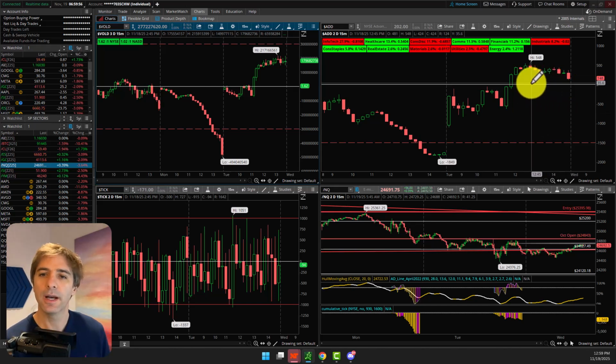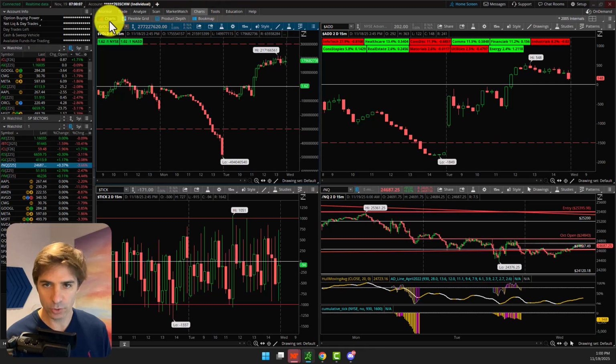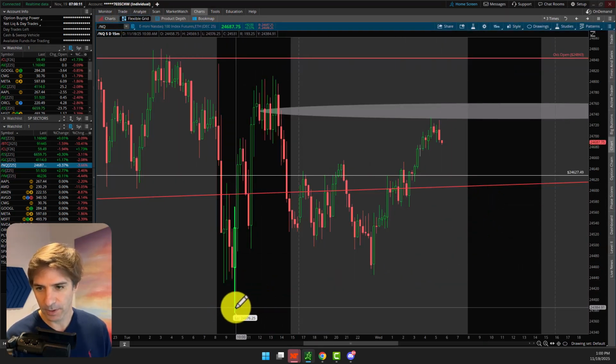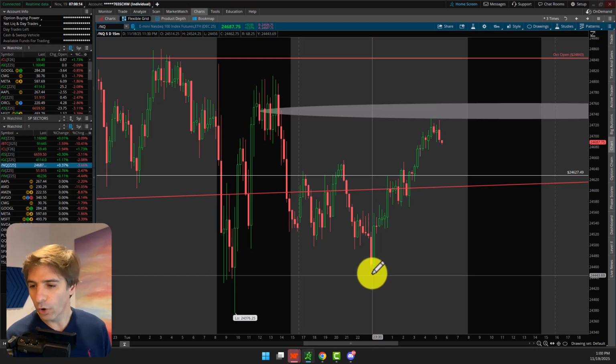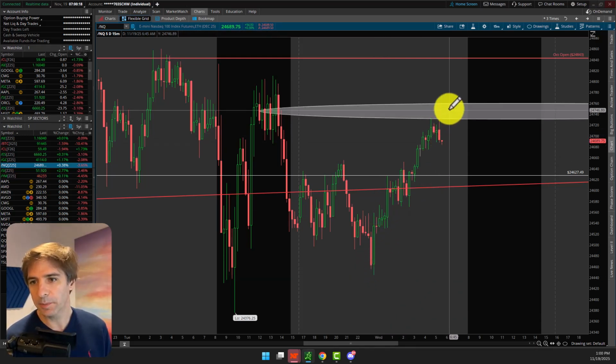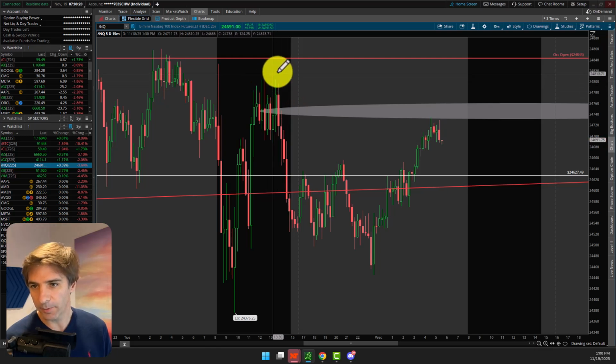And that's all. I don't have that much more to say. At the open, the bears should be in control. But if bulls want to show strength, this is a good place to show strength. Because what do we have? A low yesterday, right? A low that was not taking out the overnight. And now we want to see if we make a new high above this level.